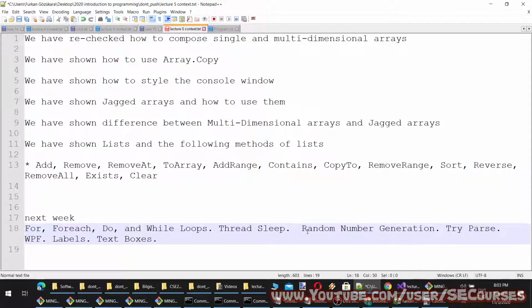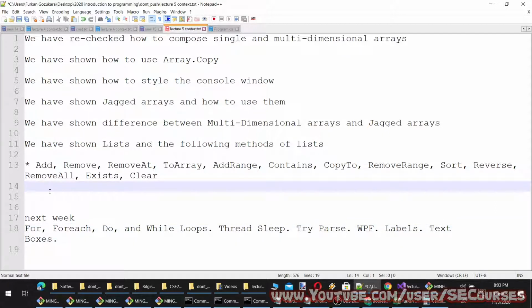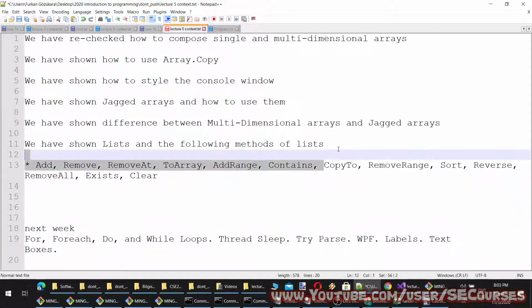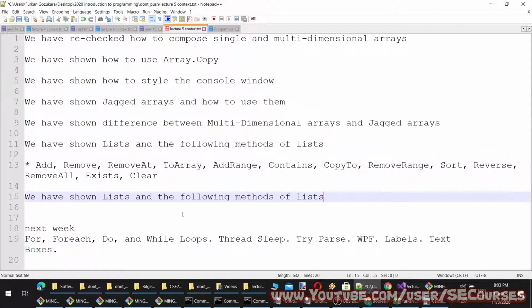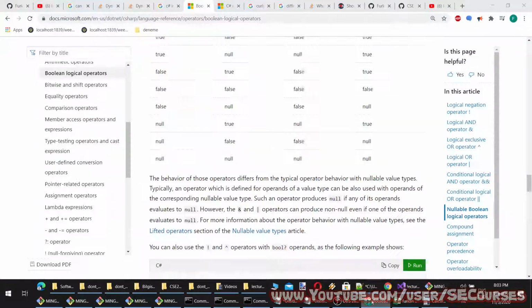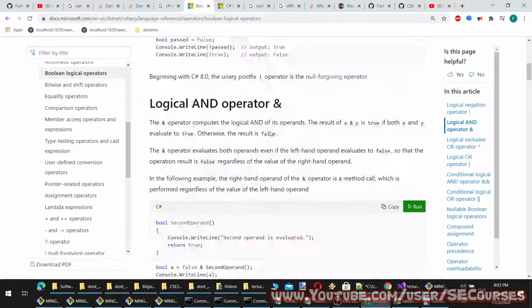We have seen that. We have seen these as well. So this week we have shown, let's see their names.